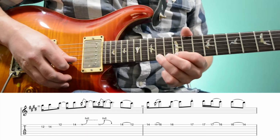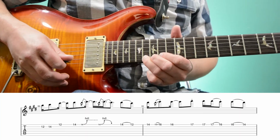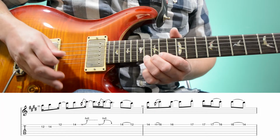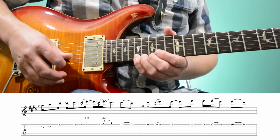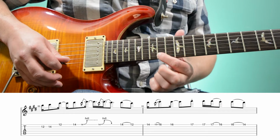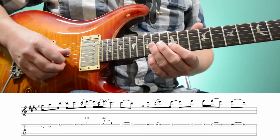Next measure, we have the 14th fret, then the 14th fret sliding to the 16th fret on the first string, 16th fret again, then we play the 17th fret as a staccato note, then the 17, 17 pull off 16, 16 pull off 14. So you notice after the first measure,